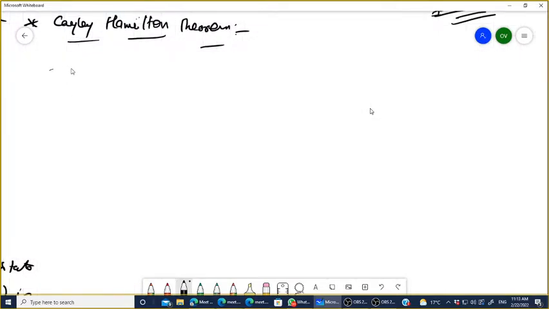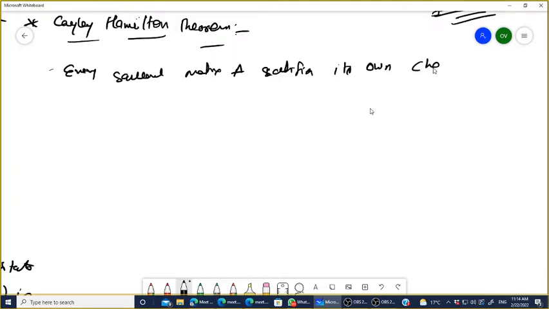So every square matrix A satisfies its own characteristic equation. Or you can say, in the bracket also, eigenvalue. Yes or no? Yes, sir. Eigenvalue. So every square matrix A, here we write